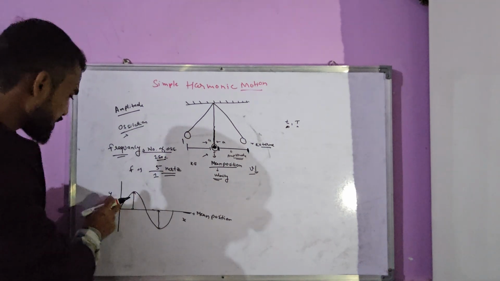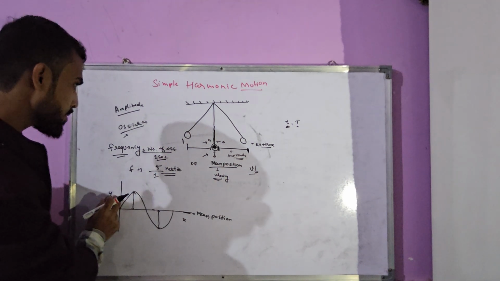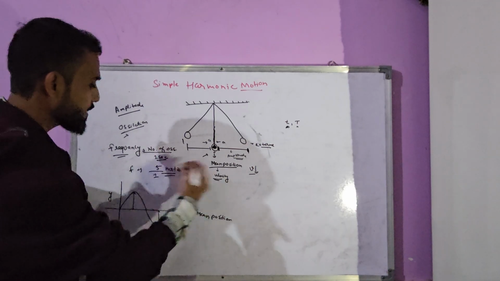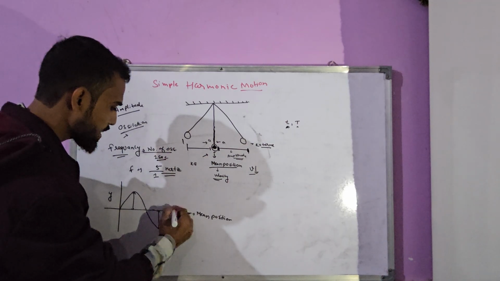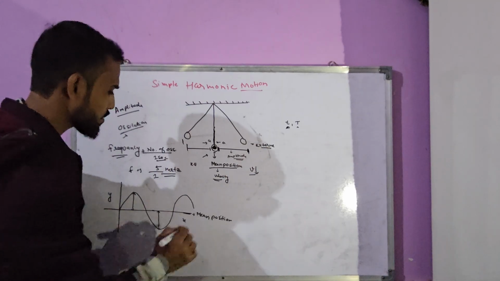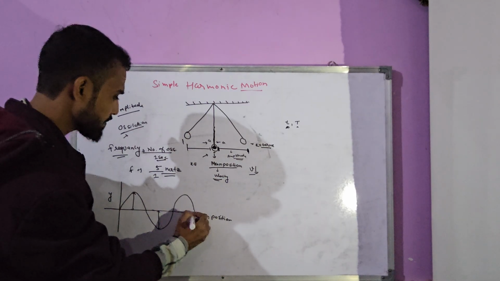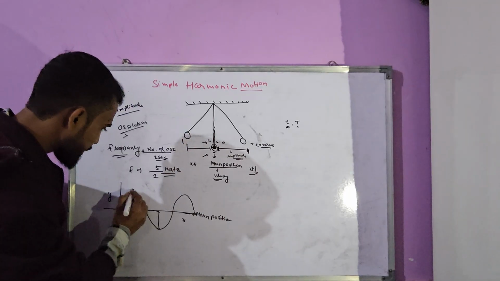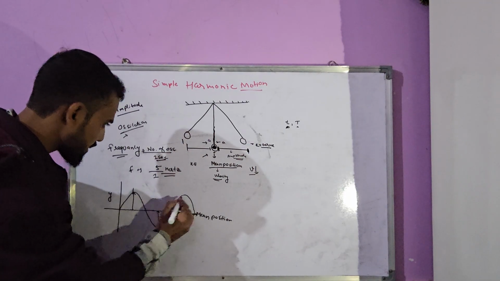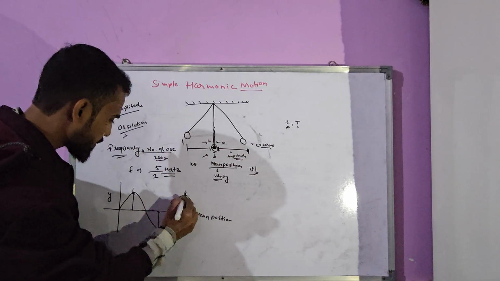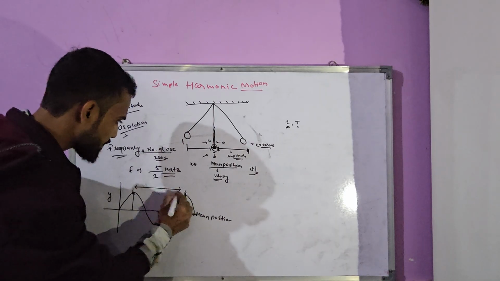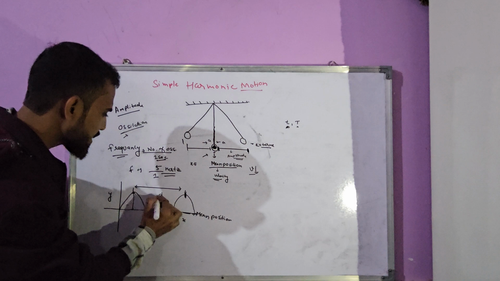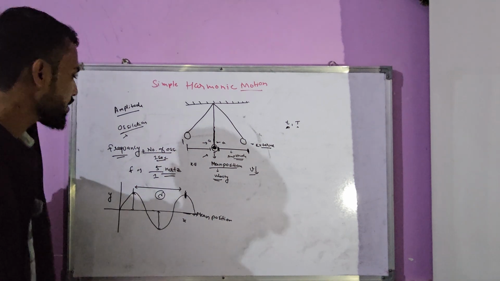And what is this? This is the displacement of this bob, or we can say displacement of the particle. Now if you draw the next cycle, then again the next cycle also goes on like this. Getting my point? Now the distance between two consecutive crests or troughs,